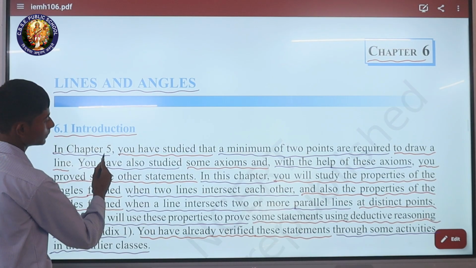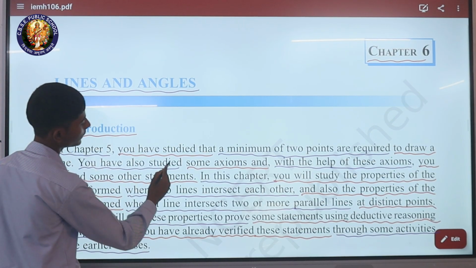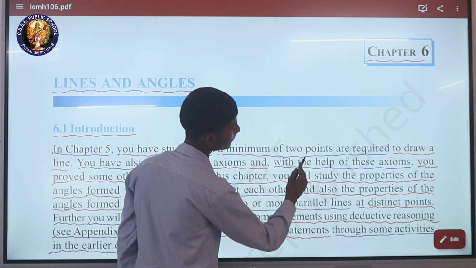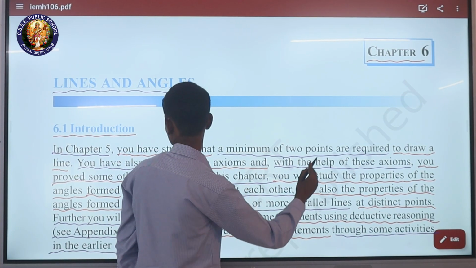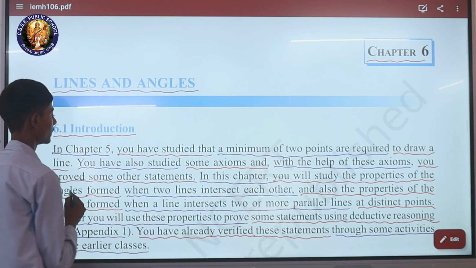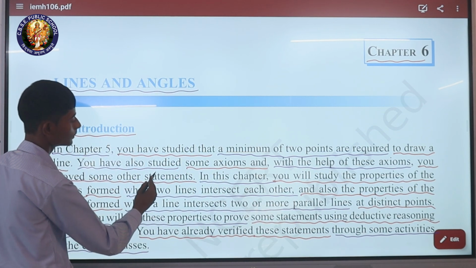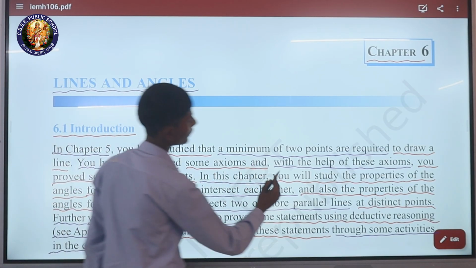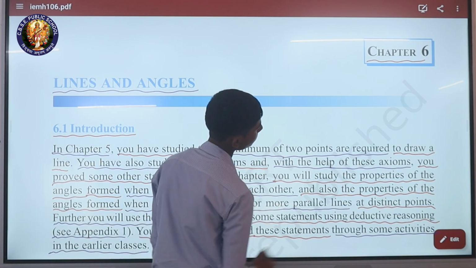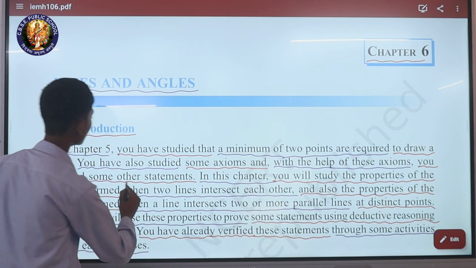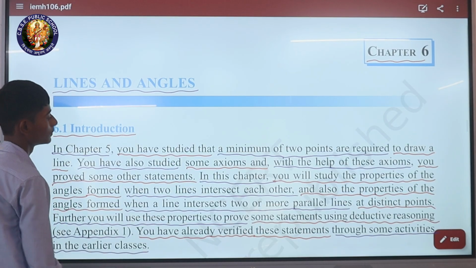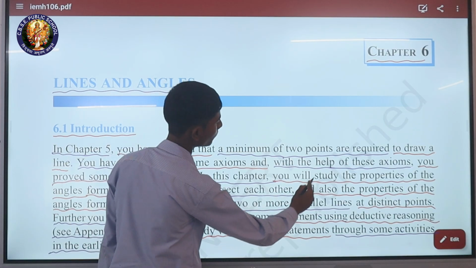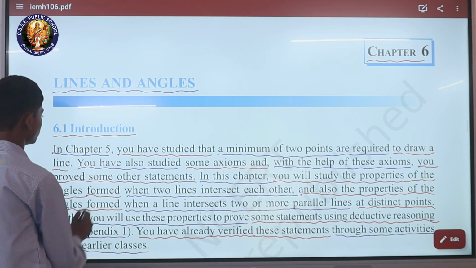In chapter 5 you have studied that a minimum of 2 points are required to draw a line. You have also studied some axioms, and with the help of these axioms you proved some other statements. In this chapter you will study the properties of the angles formed